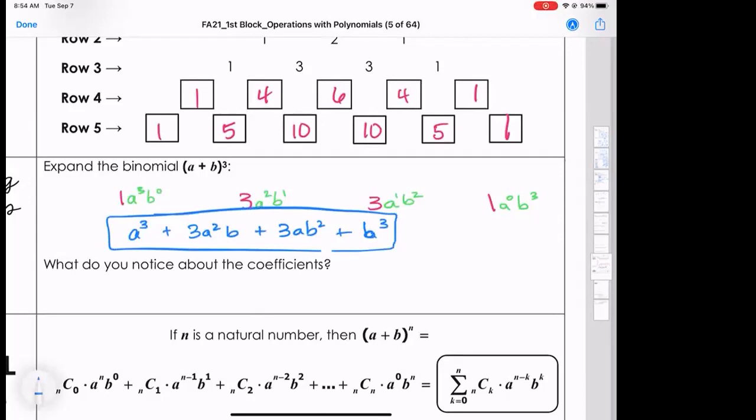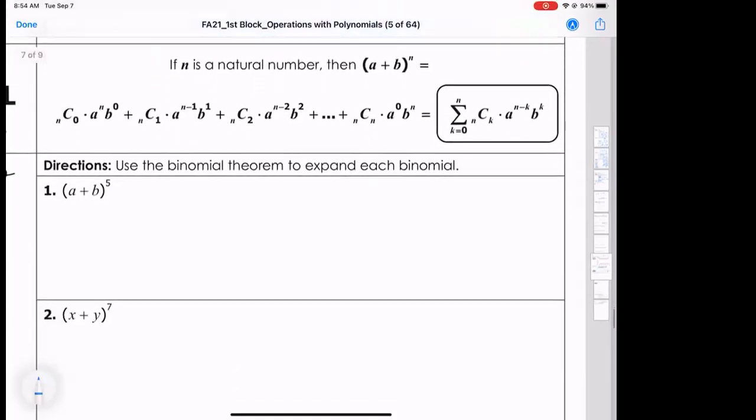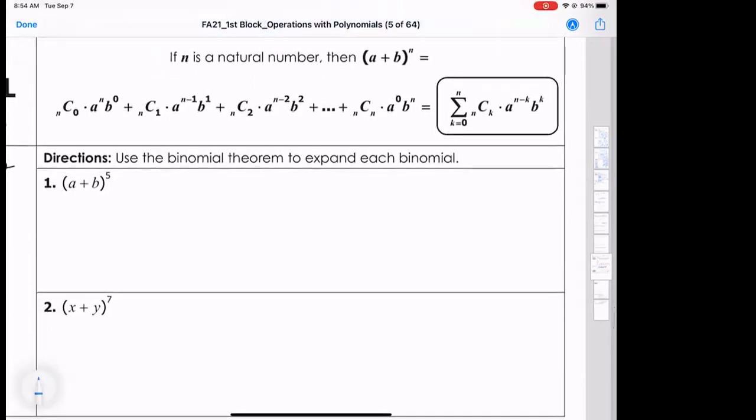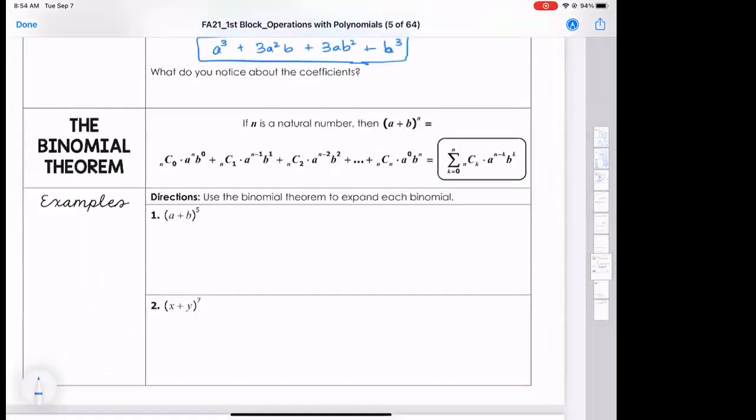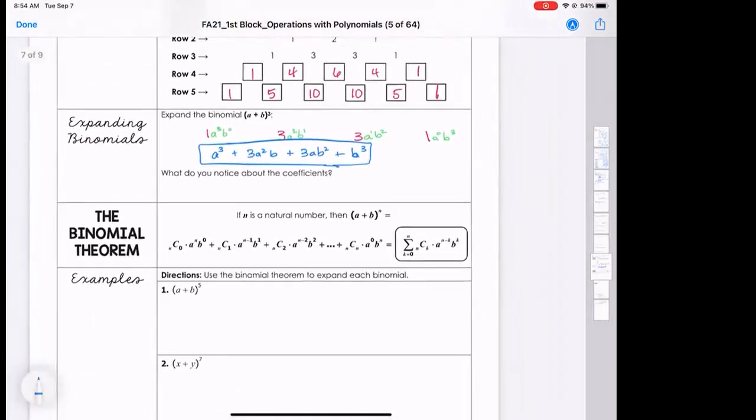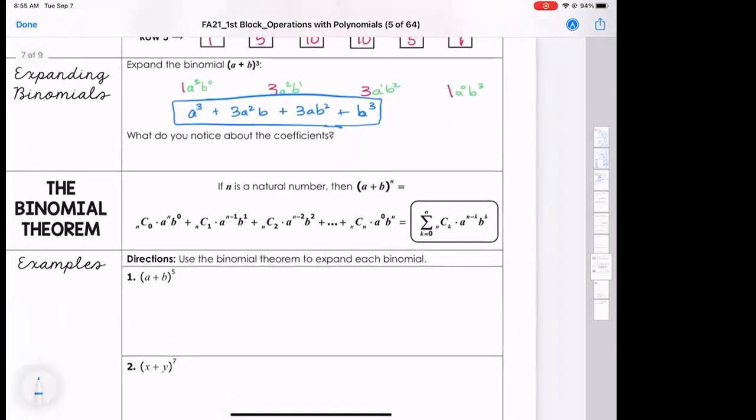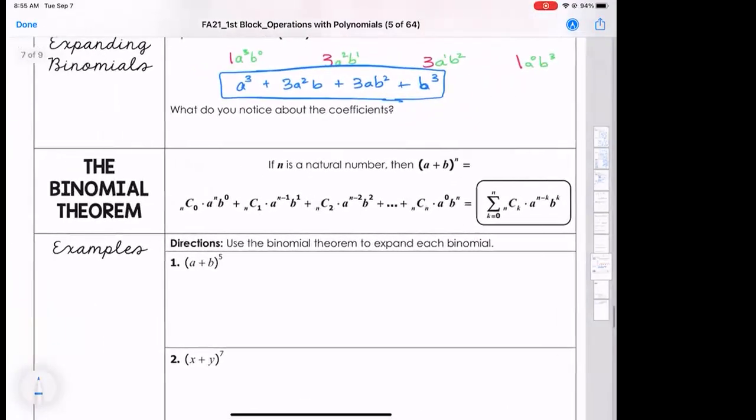Isn't it though? Isn't it though? So what about it is your coefficient? Oh, that's just your binomial theorem in scientific terms, scientific notation, but we're going to look at